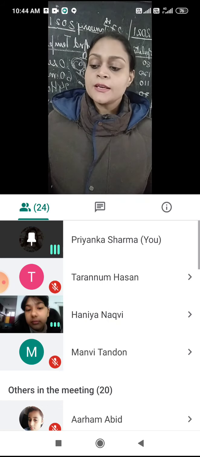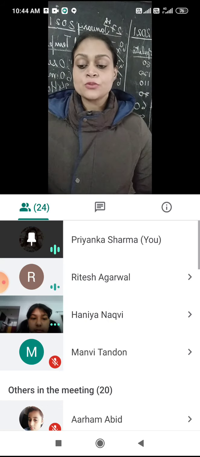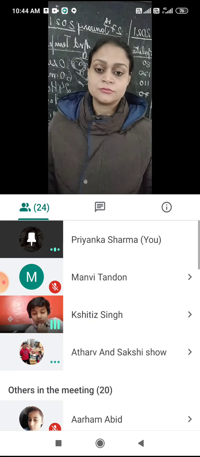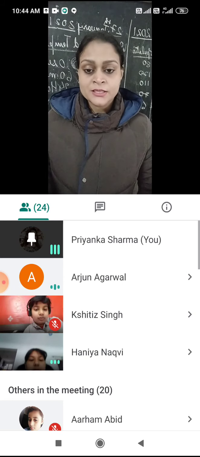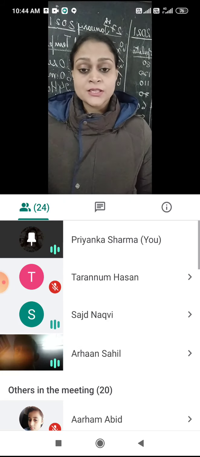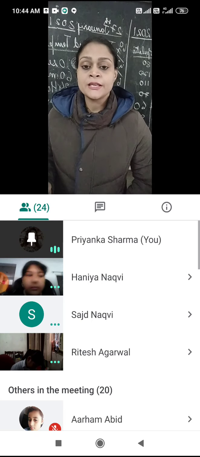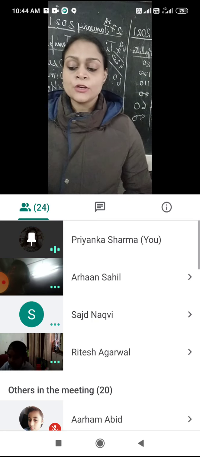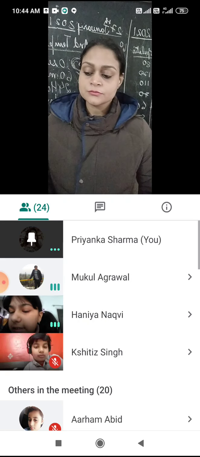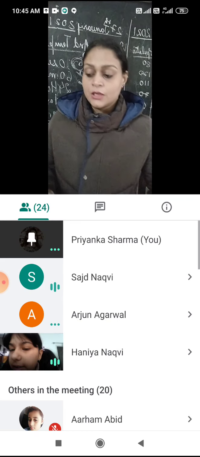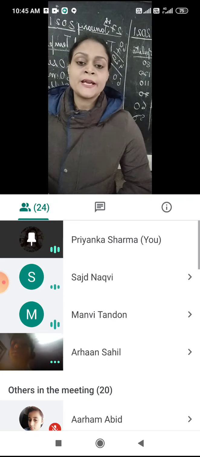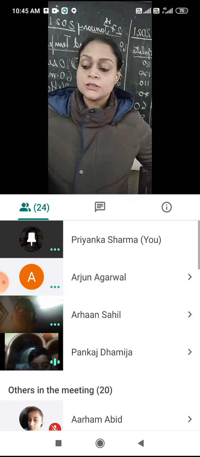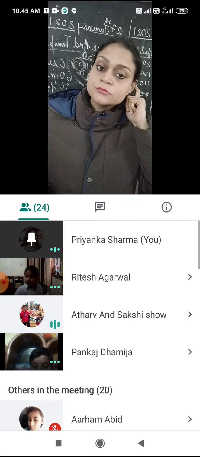Give one word answer. Levers in which the fulcrum is located between the load and the effort, means the fulcrum is at the center. First class lever. Yes, very good. In a first class lever, the fulcrum is located at the center. Levers in which effort is located between the fulcrum and the load, means effort is at the center. Third class lever. And levers in which load is located at the center, like a wheelbarrow. That is second class. Yes, second class lever.